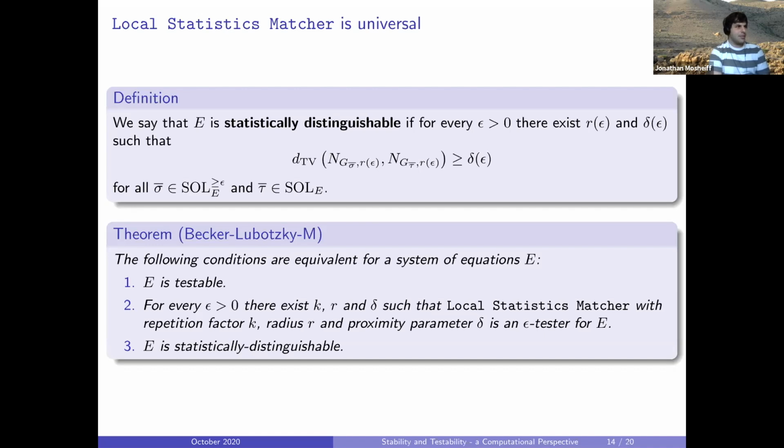This would be a good time to say that this basically means that you can't approximate a sequence of solutions with a sequence of tuples that are epsilon far from solutions in the Benjamini-Schramm